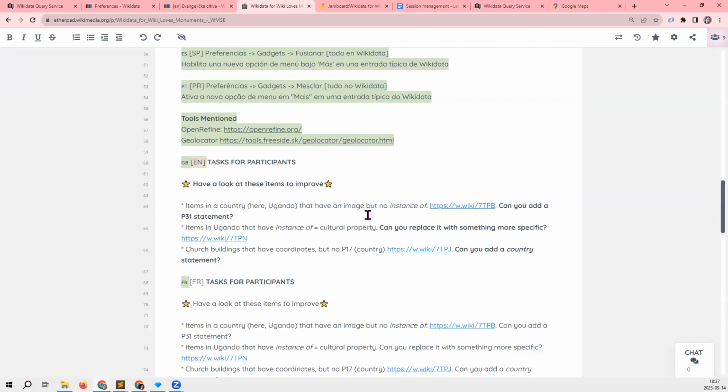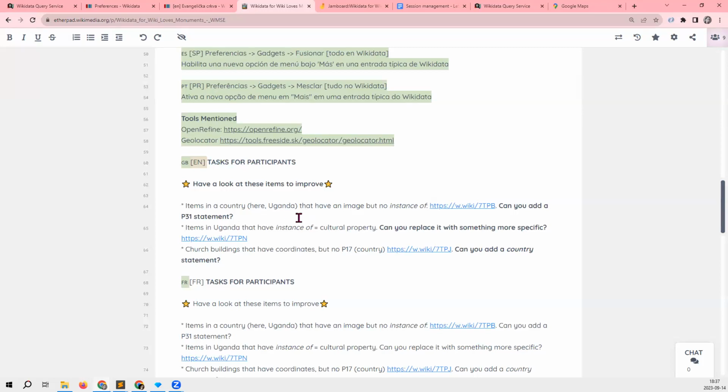You are welcome to create your own queries on the basis of these to find things in your own countries. And you are welcome to start editing Wikidata on the basis of what you see as a result of these queries. Let's look at the first one.